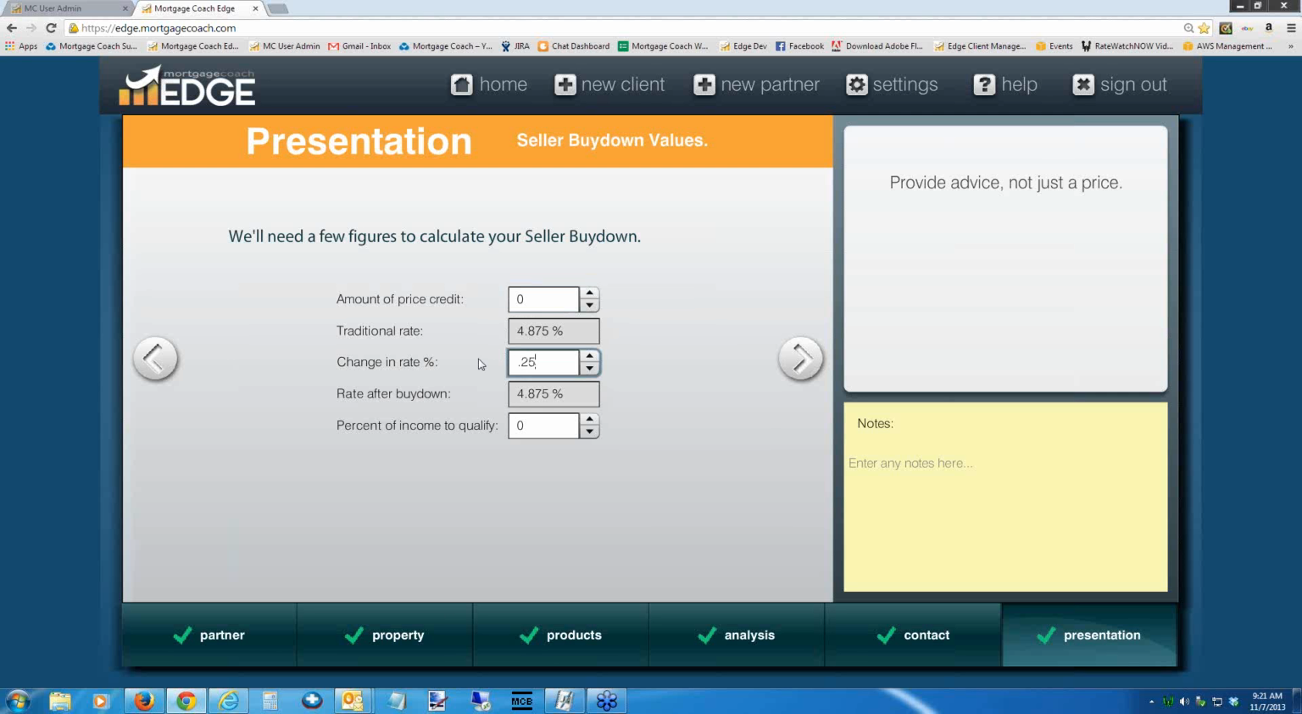Now in terms of what it's going to cost the seller, I want to make sure that my price credit equals that cost to the seller, because in the end I'm going to show the seller the same cost to either reduce the price or buy down the rate. So I need to find out what 1 point is equal to. The quickest way to do it is go back to my product,